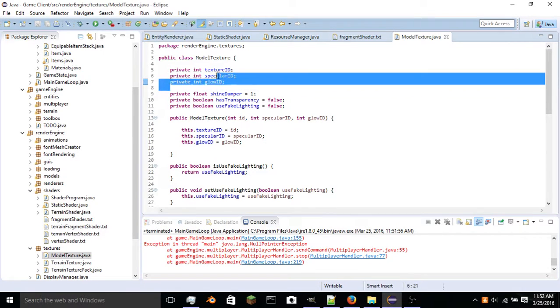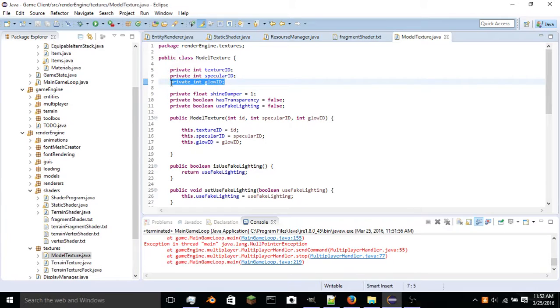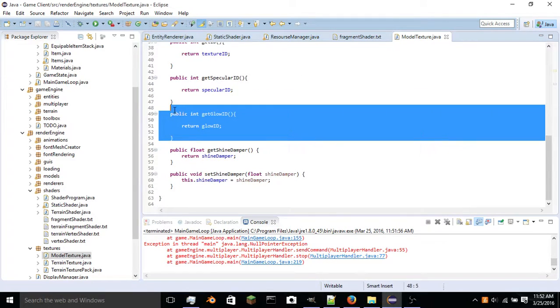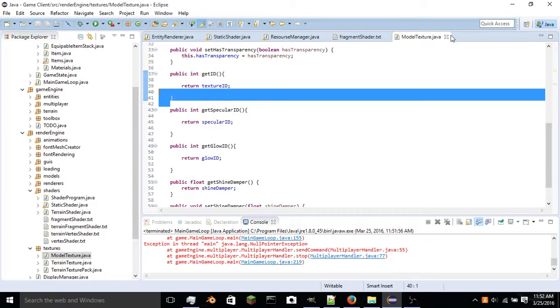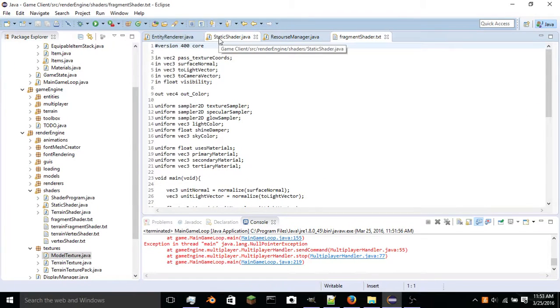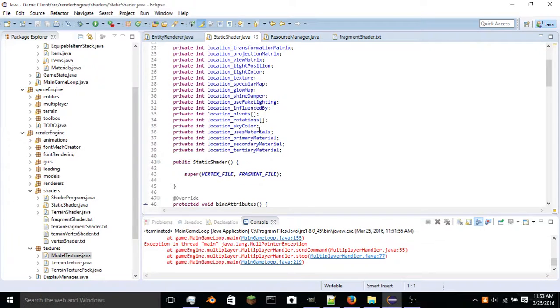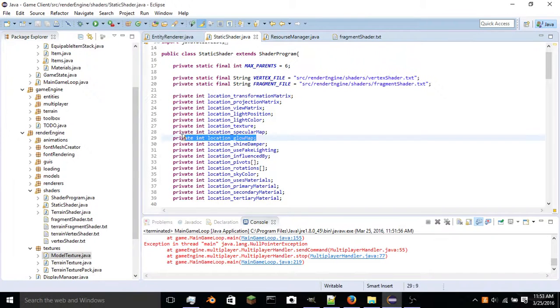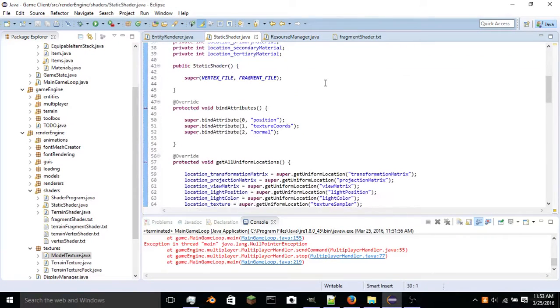So the first thing that you definitely need to do is go into your model texture class where you're storing your texture ID and add an extra integer for the glow ID, and this will hold the location of the glow map. Then just pass that in here and set it, and create the get function like you have for your texture. Then go into the shader program and create another location for your glow map,